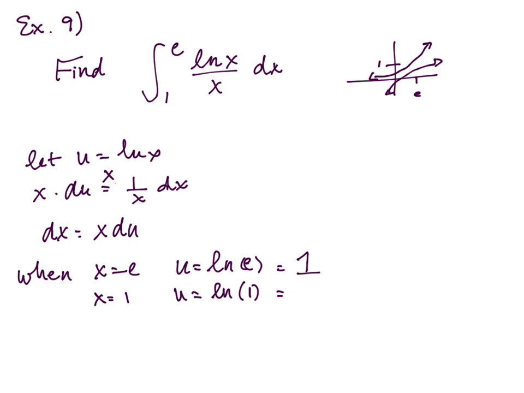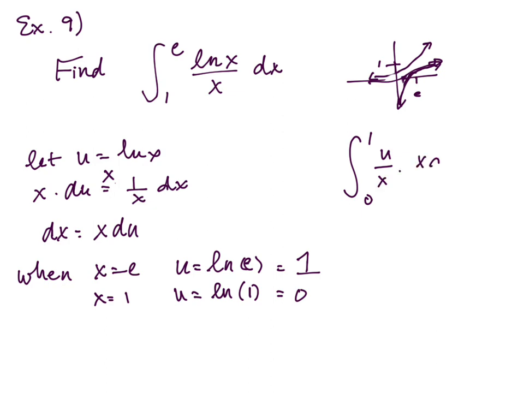I think my picture is actually backwards here. Natural log of 1 is 0. So the points are 1 comma 0 and e comma 1. Disregard my picture, it's really bad. Our interval is nicer than it was before. Now it's just 0 to 1. So on 0 to 1, instead of natural log x, we're using u over x